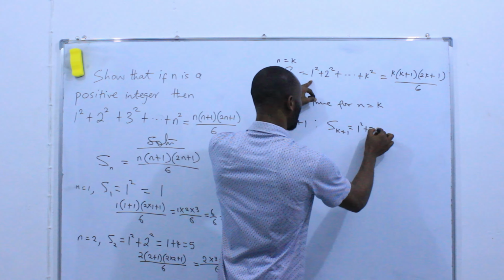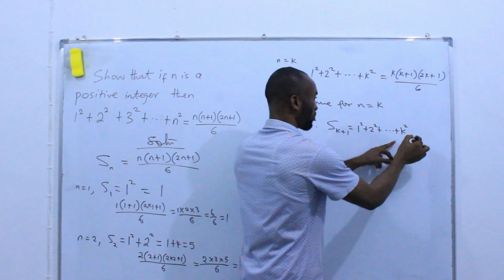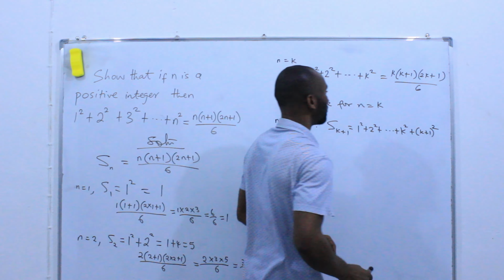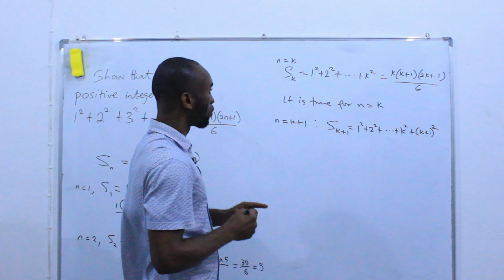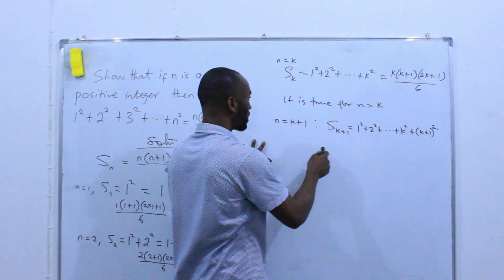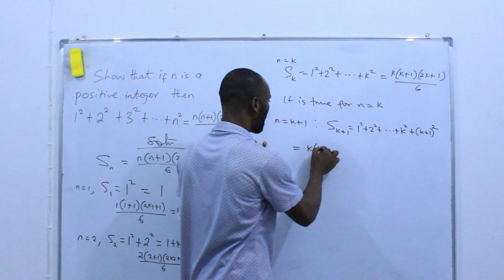1 squared plus 2 squared plus ... plus k squared plus k plus 1 squared. Now, this is what the partial sum gives us. Then the formula, on the other hand, will give us, this is equal to k, bracket k plus 1,